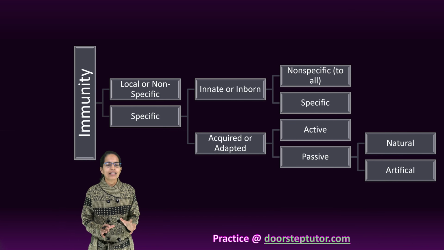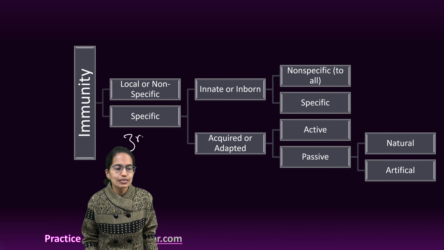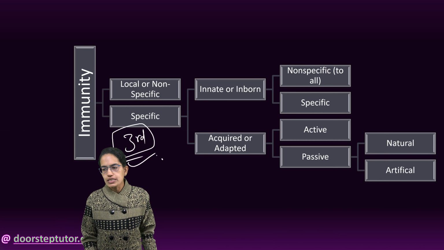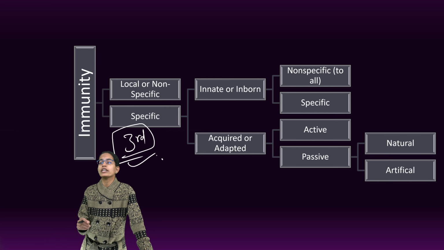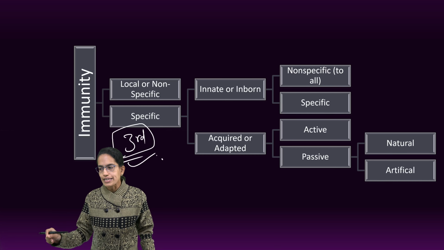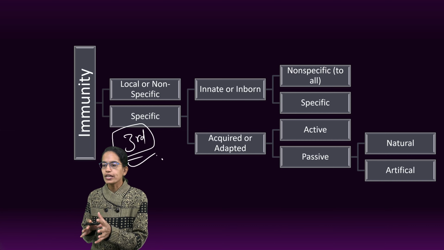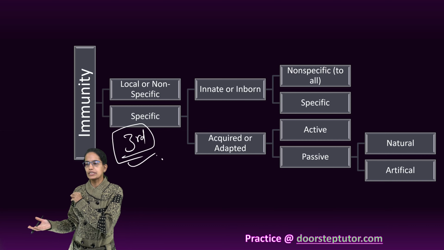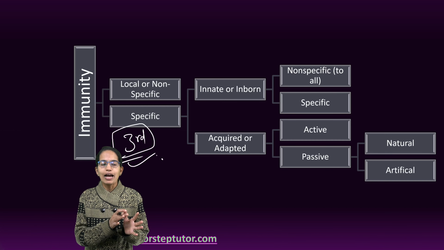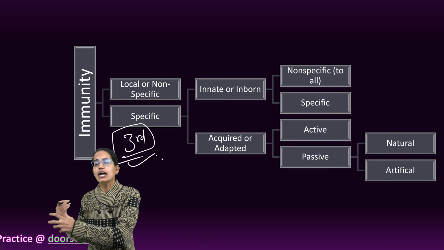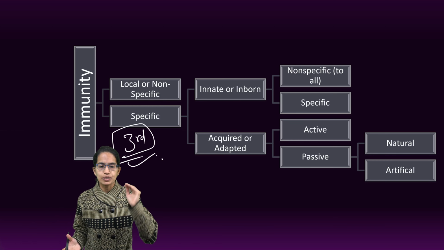The second is the specific immunity. The specific immunity is known as the third line of defense. Now this specific immunity is generated through antibodies. Antibodies develop in response to antigens. Antigens are any foreign molecules that enter into the body. They could be from the cell wall of the bacteria, from the coat of the virus. They enter into our body and antibodies start to fight with those antigens. This is what is called the specific immunity.